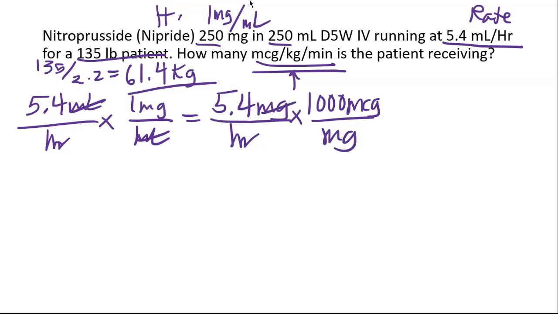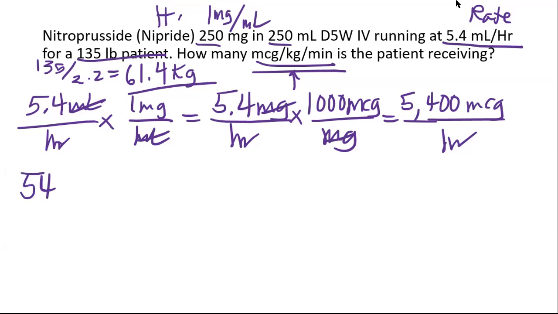So we cross out the milligrams, and we're going to get 5,400 micrograms per hour. Okay, so we'll keep it small for now. Let's figure out how many micrograms. This is actually what's going into the patient. So what we want to do is take this number and divide it by how much the patient weighs in kilograms to get micrograms per kilogram. So let's do that. 5,400